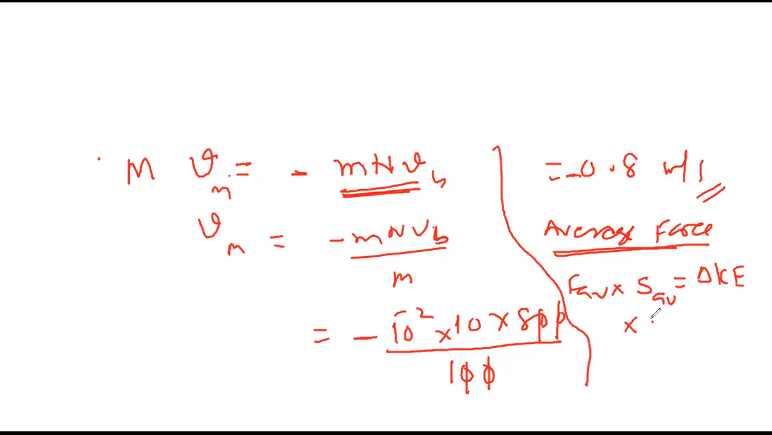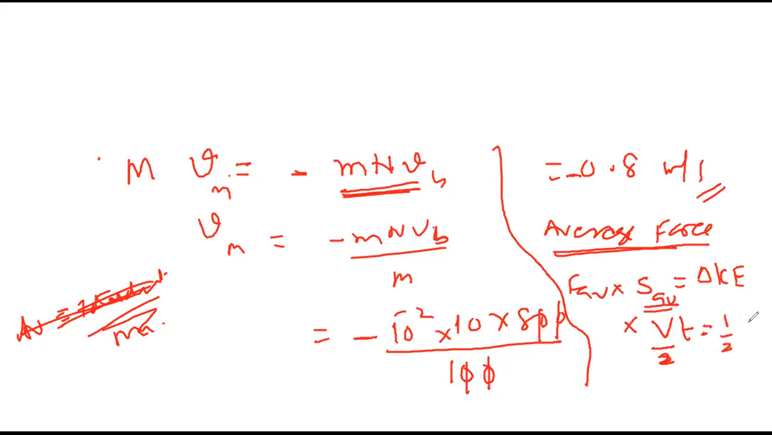Now we know that this is nothing but velocity upon time. We know that average velocity is total displacement upon total time. So since we want displacement, average displacement is always average velocity into time. So for average you have to divide by 2, otherwise you have to do it by integration. This is nothing but half m v square, half m v square by 2